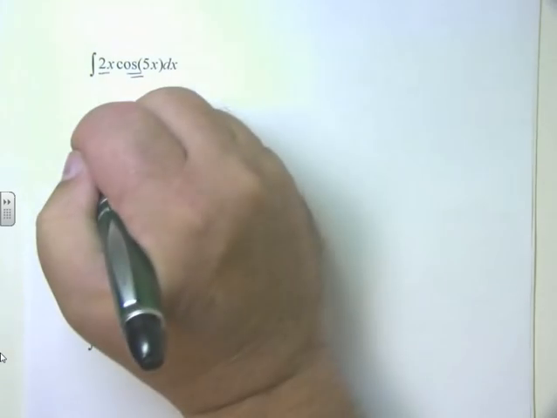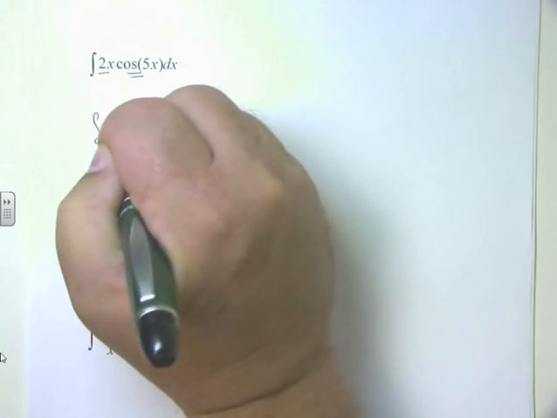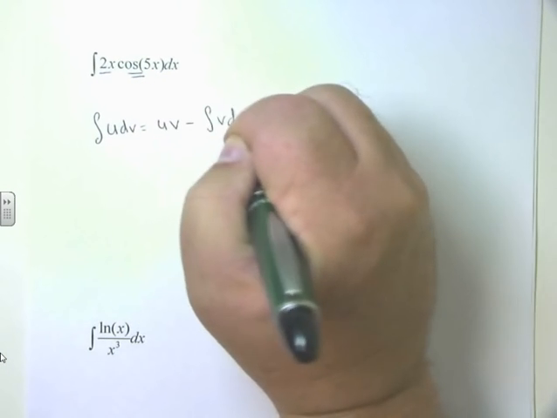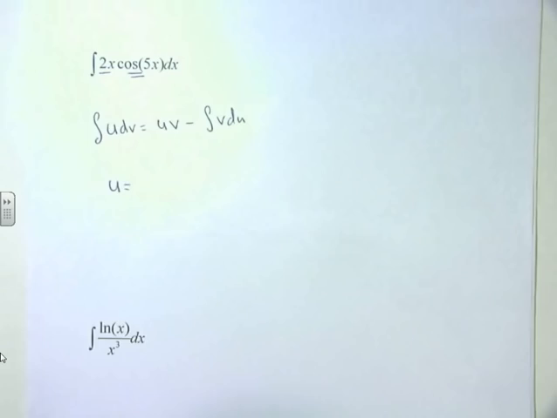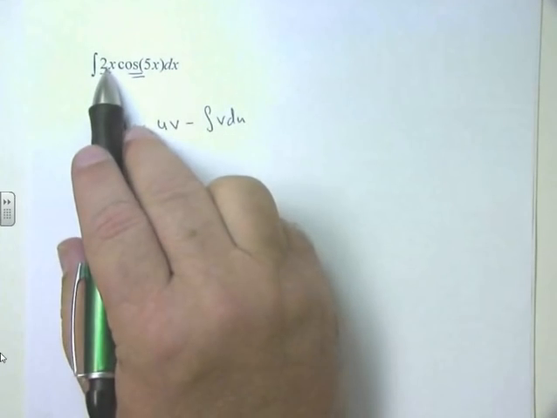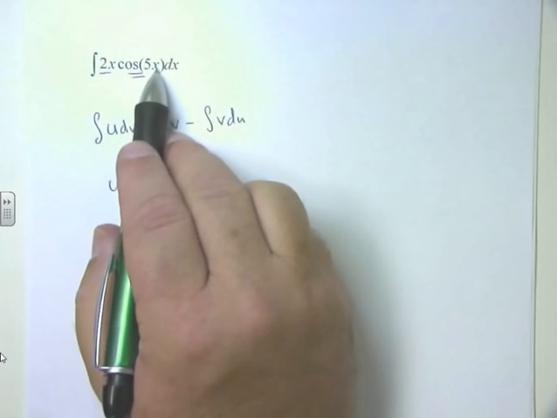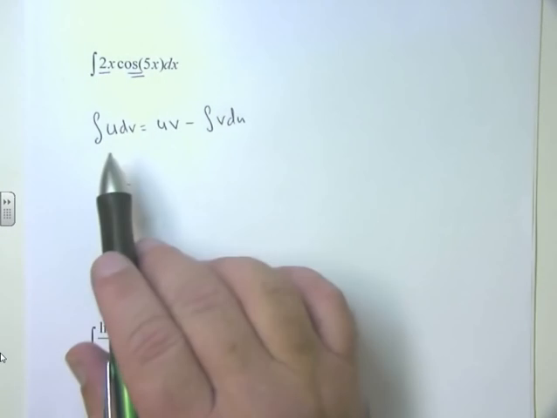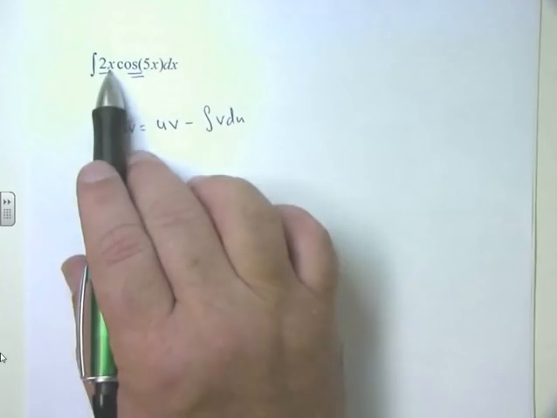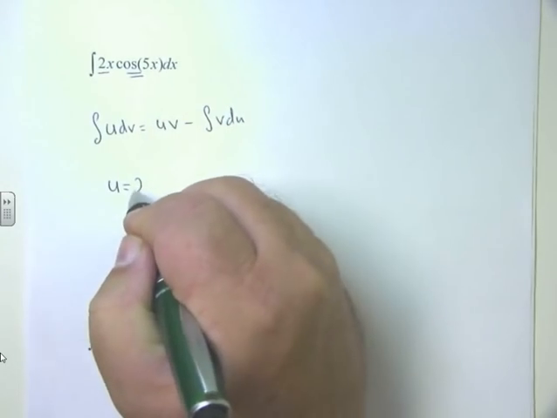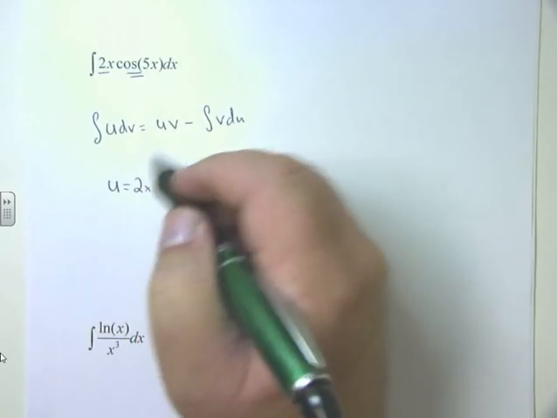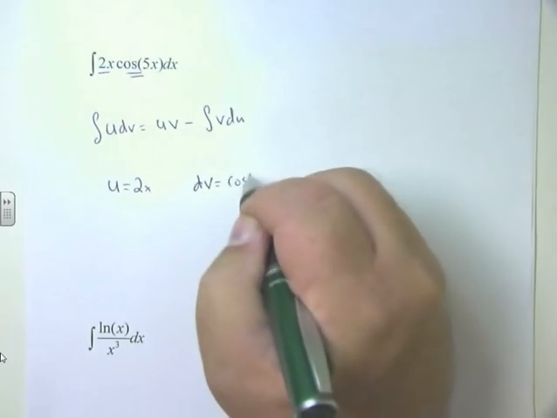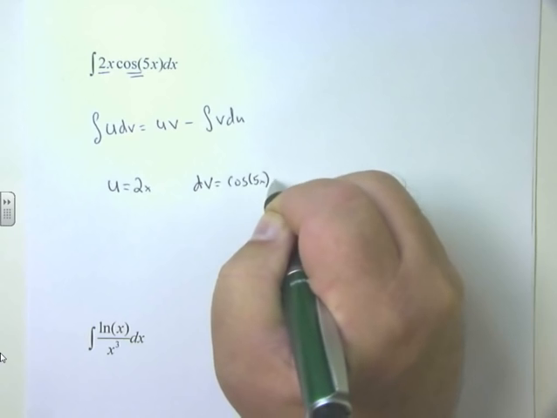So again, I'm going to use my integration by parts formula. Integral u dv equals uv minus the integral of v du. And I'm going to let u equal to, well, I got two options. I can let u equal 2x or let u equal the cosine of 5x. I always want to let u equal the part that when I take its derivative, it goes away. And my problem is this 2x. So I'm going to let u equal 2x. And therefore the dv has to be the other part, which would be the cosine of 5x dx,